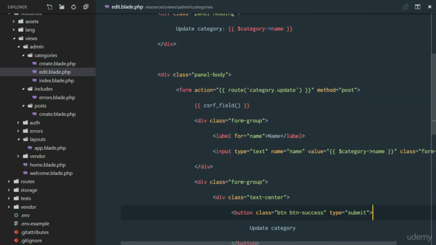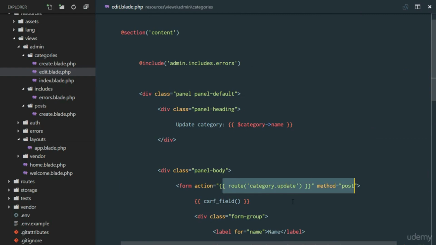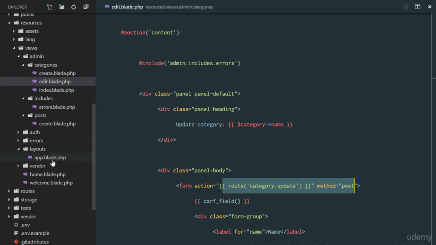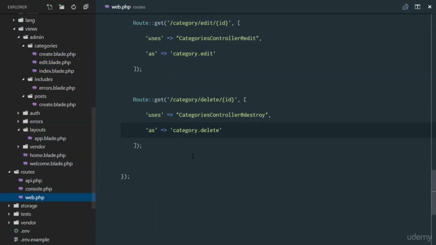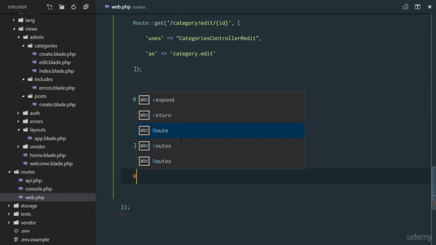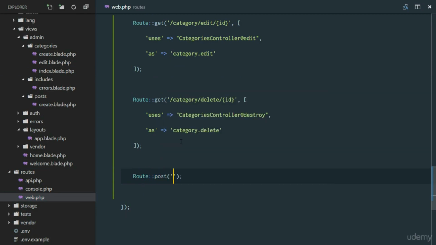Okay, so everything looks normal, but it looks like we're going to have an error because we don't yet have the category.update route. So let's create that. In our routes directory, in our web.php, we need a post route. So we'll say Route::post, and this is going to go to